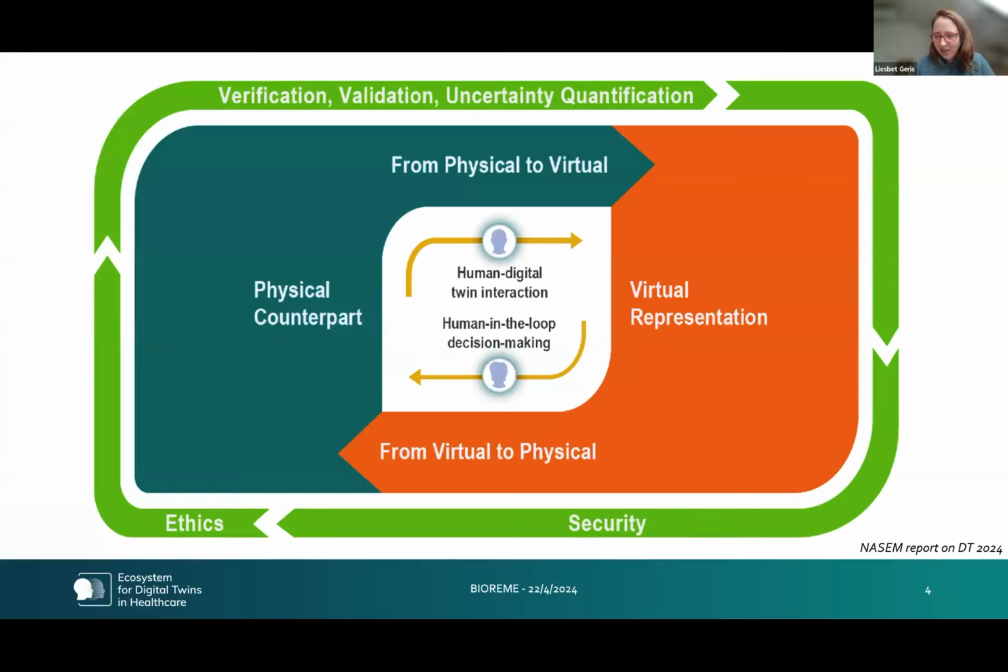And recently, the National Academies of Science, Engineering, and Medicine in the US did a whole study on digital twins, and they came up with a very nice, I would say, Belgian compromise between those that say it doesn't make sense and those that say we really need to have it in order to call it a digital twin, and that is to put the human in the loop. So the feedback from the virtual representation to the physical counterpart can happen through a human-in-the-loop decision-making process. So this actually unites both definitions. So when we talk about digital twins, this is what we're talking about.